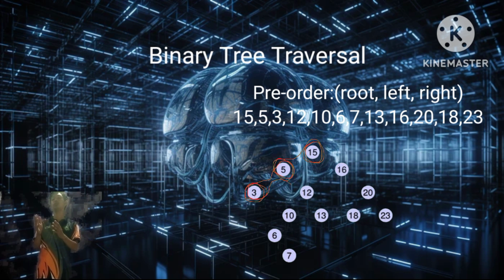We will go to 12, and then we will print the 12. We will go to left, which is 10. We will print the 10, and we will go to 6. We will print the 6, and then we will go to its right, which is 7. We will print the 7, and then we will go back to 6, to 10, to 12, and then we will print the 13, and then we will go back to 12, 5, 15, and then we will arrive at